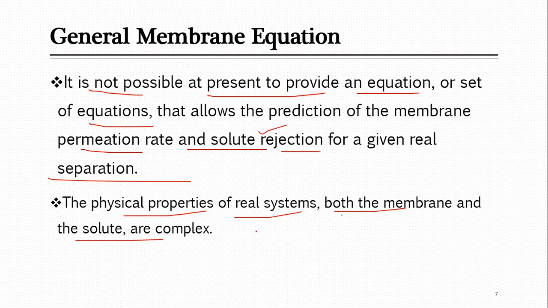For example, in the last week you discussed that there are various membrane materials which can be used. Suppose we are using some specific membrane for some specific application, for example gas separation, that gives good results because it has good interaction with the gas molecules passing through. But maybe for liquids that's not a good choice, because you have hundreds of various systems, various chemicals which need to be separated using membranes. Different membrane materials have different interactions with your solute. So due to this, you can't predict all this stuff by using only one equation or set of equations, but people